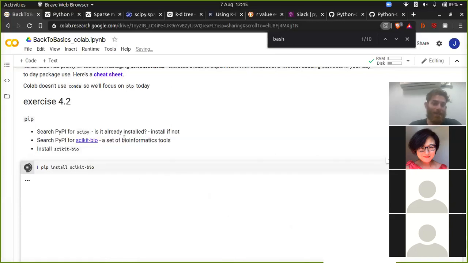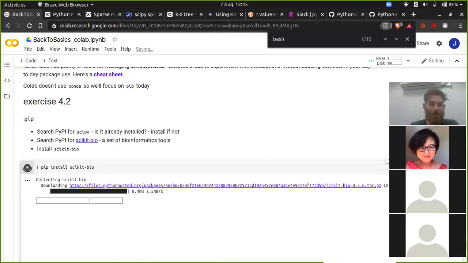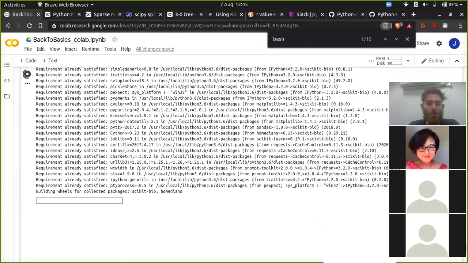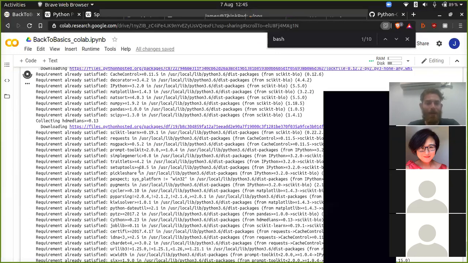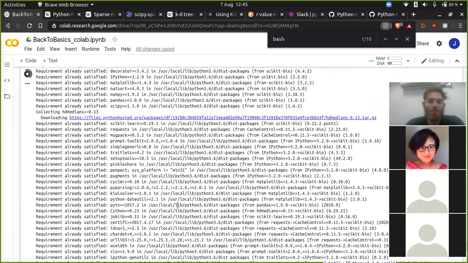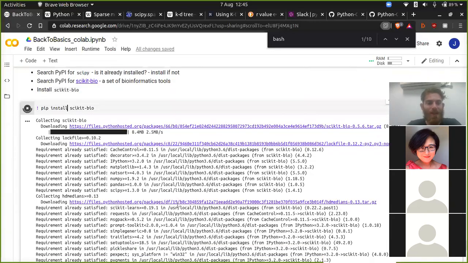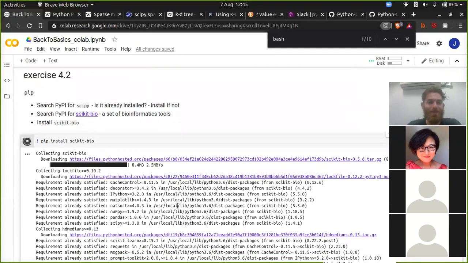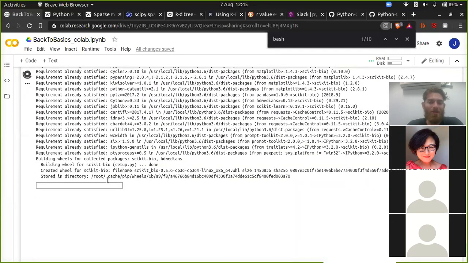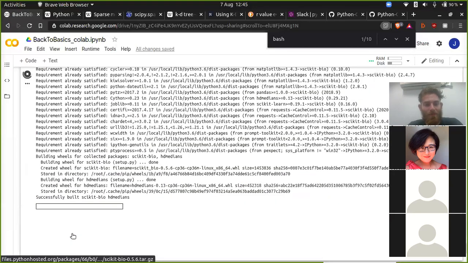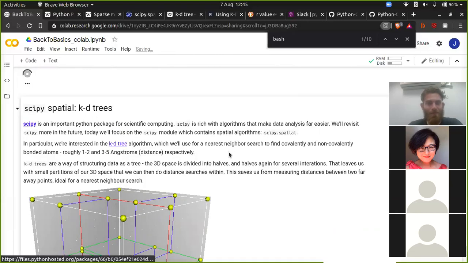And to install a package, in this case scikit-bio, pip install scikit-bio. The output below the cell is the output that would normally appear in a command line like this, but because of the nature of Python notebooks, it's all just printed out underneath, which is not that visually appealing, but if you really don't like it, then you can minimize the output of the cell with one of the X's. Okay,